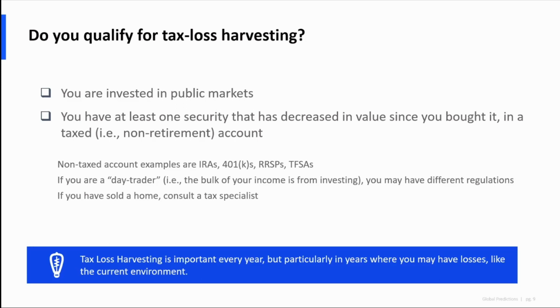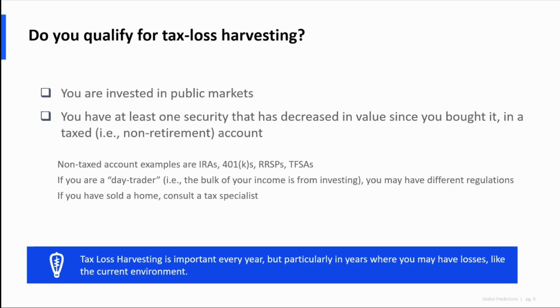So one thing right off the bat: if all of your investments are in retirement accounts, like IRAs, 401ks, or for you Canadians, RRSPs and TFSAs, which is a bit of a mouthful to say all at once, then you can't use those investments to harvest, and obviously you're not paying capital gains on those unless you do an early withdrawal or something. So for the time being, we're going to ignore those. If you do have those accounts, it becomes important for one nuanced reason, which I'll get to later. So the universe that we're talking about right now is just all of your taxed investments.